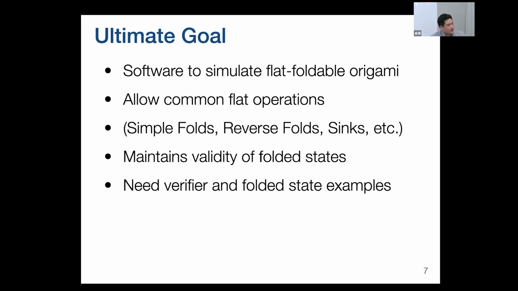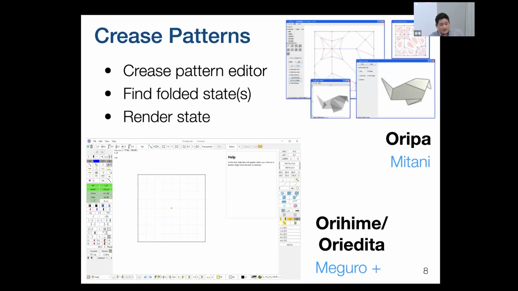We need to be able to verify, if you give me a folded state, whether it intersects the layers or not, right? Whether it's a valid folded state. And generally, when we're making software like this, it's very useful to have example folded states so that you can test your algorithms. So there are many existing software that will take crease patterns and generate folded states, namely Ripa